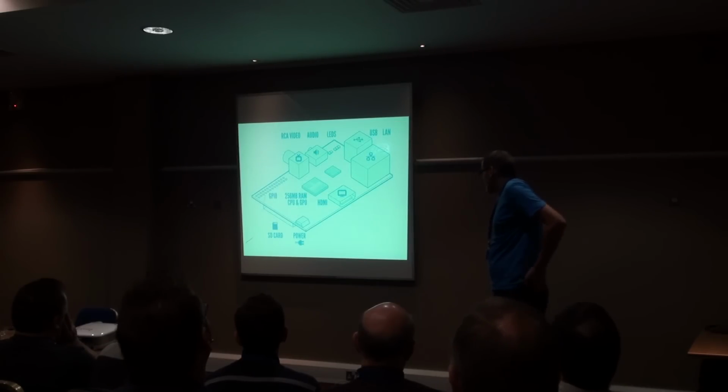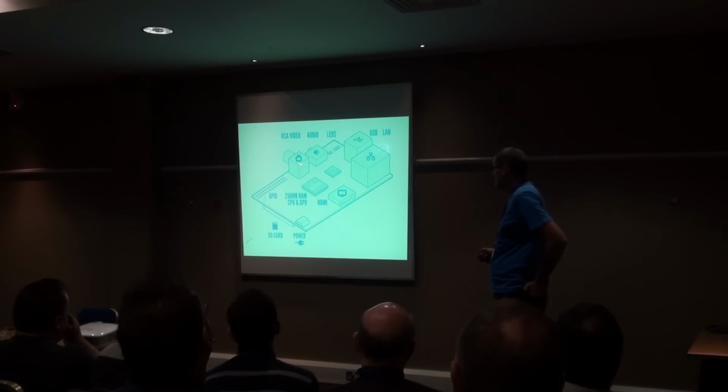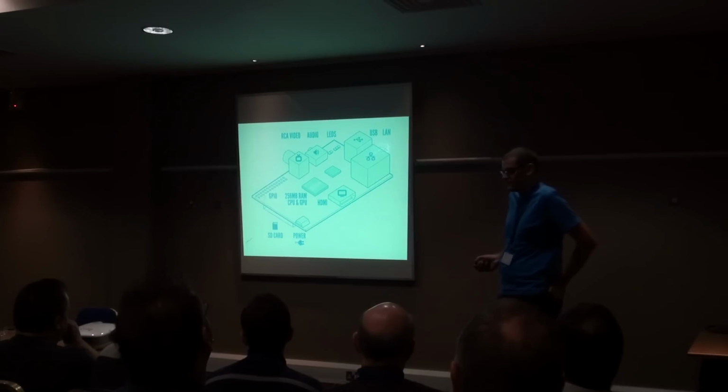So this is the basic layout of the board. There are two video outs. There's HDMI at 1080p. There is a composite, so you can plug it into the old tellies. So the idea is that if you buy a Pi, you should be able to run it off of existing